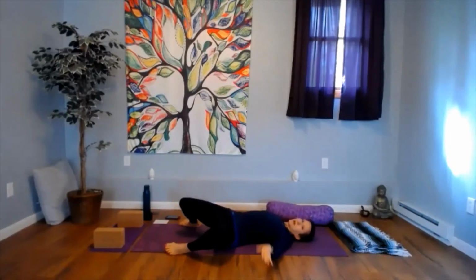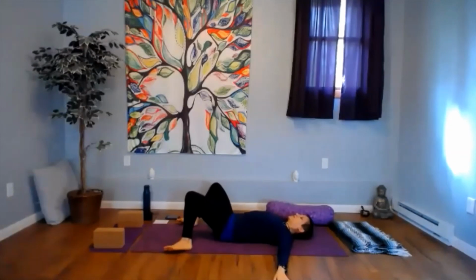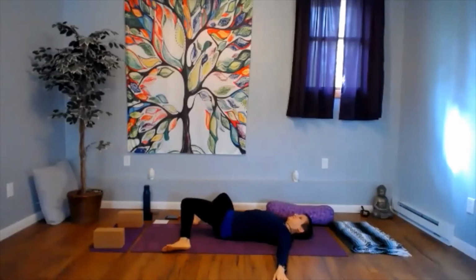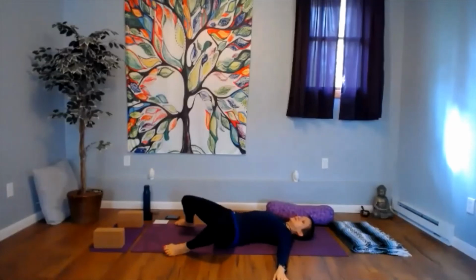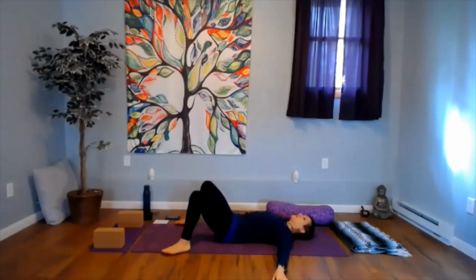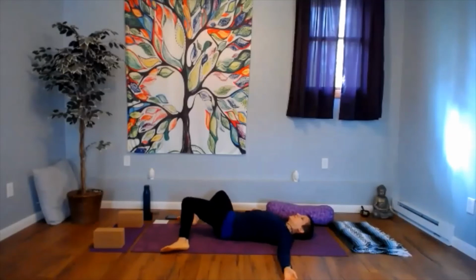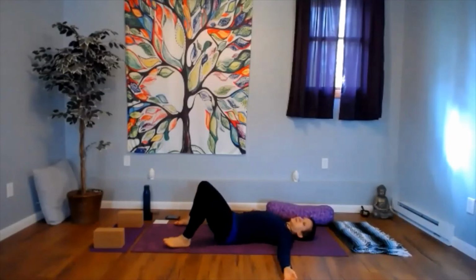And then bringing feet flat on the ground. We'll find that windshield wiper motion once again. So like a flowing twist. And since we were still for quite a while, you have the option here of either continuing to flow, letting the knees go from side to side, or we could come into more of a passive twist, letting both knees